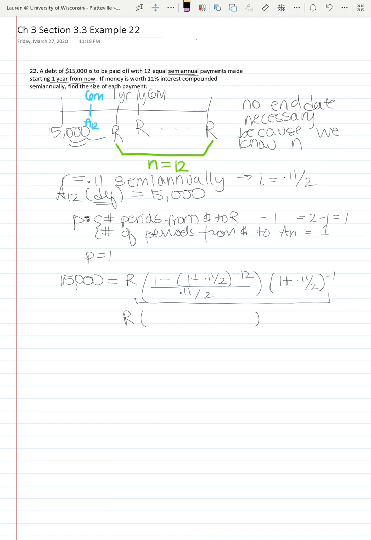Never mind. When you calculate that, you should get about 8.16 repeating. That's equal to your $15,000. Okay, then you divide by that answer. Whatever that answer is, or you could just write answer. We'll just stick with answer. That's supposed to be 15,000. So R is equal to 15,000 divided by the answer, and that should give you about